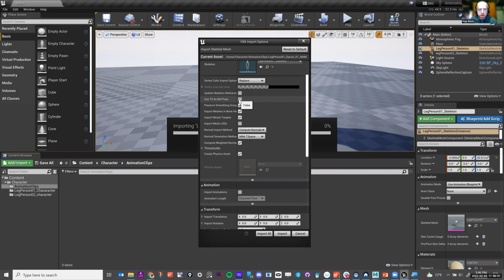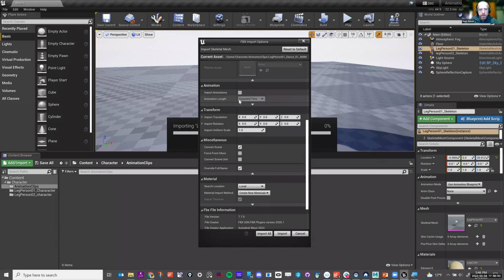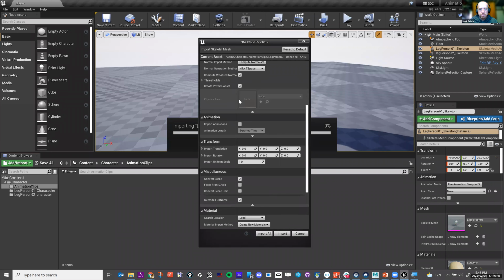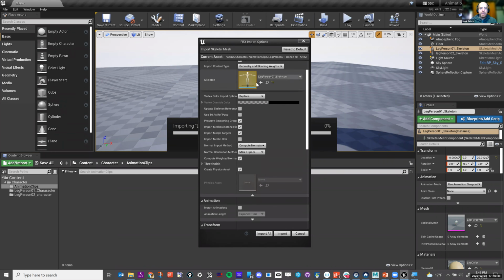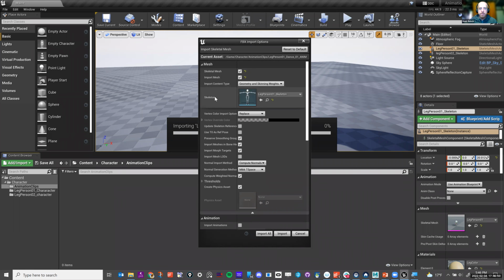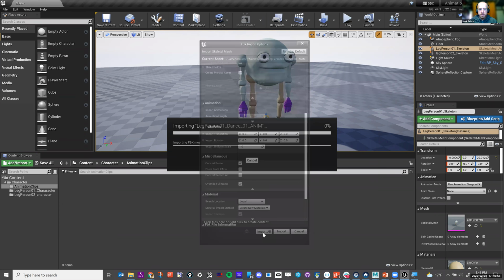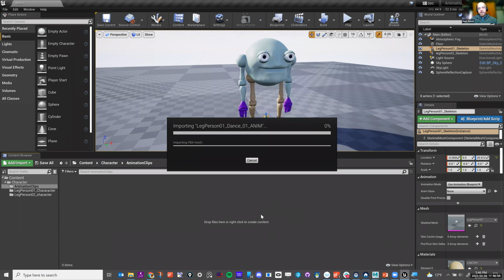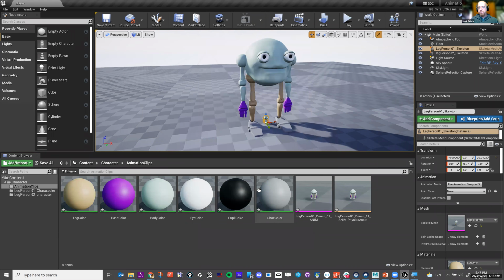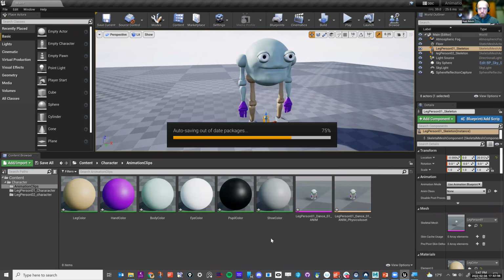If you're not, just try it, and if that doesn't have any problems, then fine. So I'm just leaving everything else alone. This is the important thing, making sure your skeleton is attached there. And then I'm going to import all. And there may or may not be some issues. Okay, no issues.